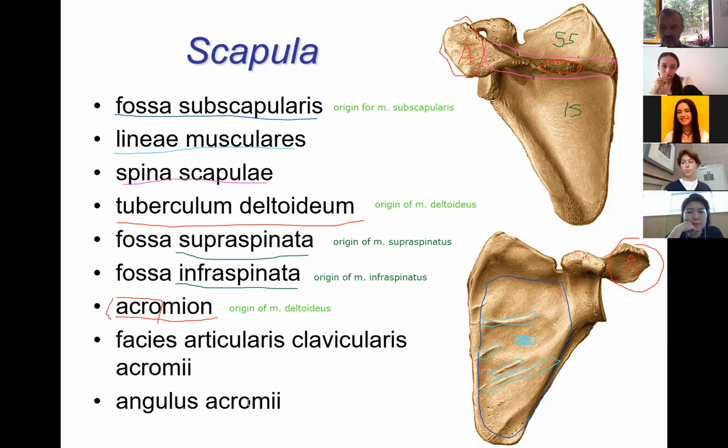Okay, angle of acromion. If you look here, you can see that the acromion is here in an obtuse angle together with the spine of the scapula. So it's called angulus acromii. And then this complicated term,